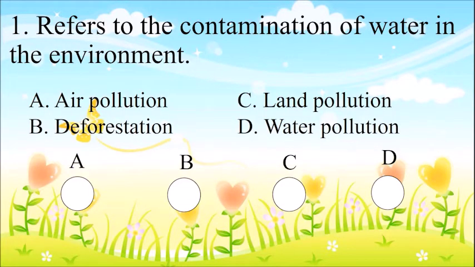Number 1. Refers to the contamination of water in the environment. Your choices. A. Air pollution. B. Deforestation. C. Land pollution. Or D. Water pollution. Make more time. And the correct answer is